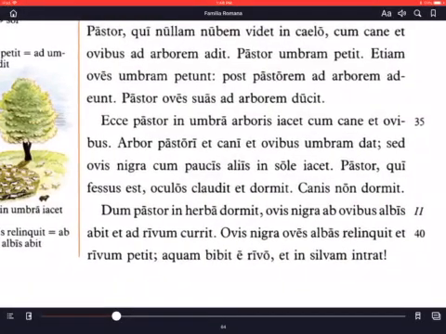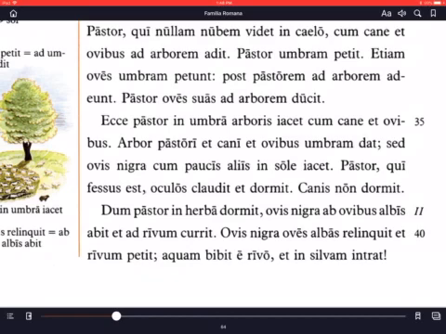So welcome to this video lesson on chapter 9, capitulum nonum, and we're picking up at section 2 today. Dum pastor in herba dormit, while the shepherd is sleeping in the grass, ovis nigra ab ovibus albis abit, the black sheep goes away from the white sheep. Notice abit has the ab, which is away from, and the it, which is goes. And then you see the ab again as a preposition in the phrase ab ovibus albis. So, the black sheep goes away from the white sheep, et ad rivum currit, and it runs towards the stream,